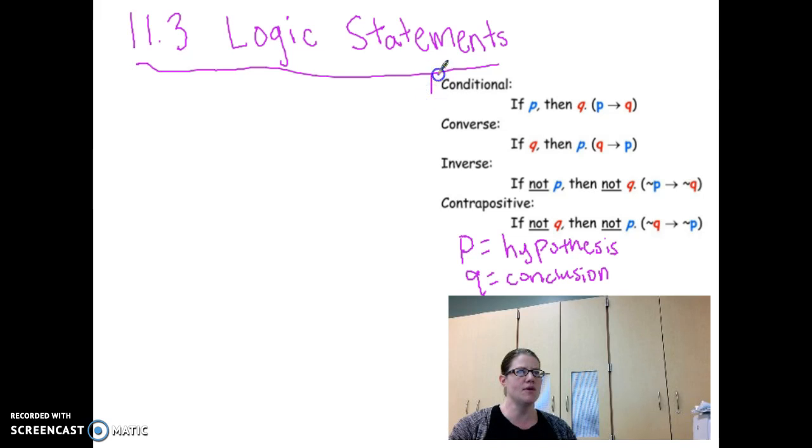I'm going to go ahead and number these. Conditional is going to be 1, converse is going to be 2, inverse is going to be 3, and contrapositive is going to be 4. So our goal is to be able to take a statement and write the conditional, the converse, the inverse, and the contrapositive statement. So if our statement were